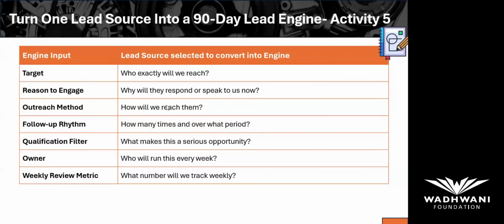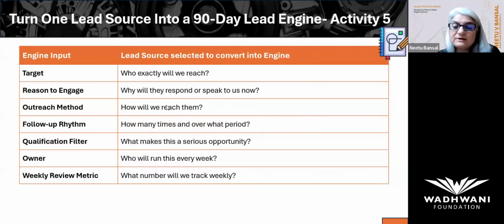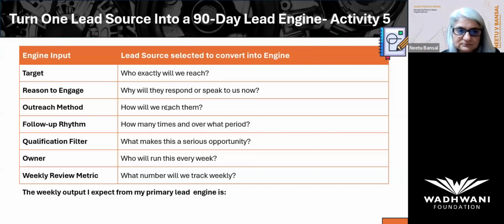No? Okay. Done. Now, for some of you, you may have more than one lead source. So you can also convert it into a primary lead source and a secondary lead source. So that option is also there. You can also try to do that, but don't try to do it with more than two. Initially, map it out, understand how to do this correctly, and then you can go to other lead sources also and start developing every lead source for your organization. But don't try to do all of them together. Okay.